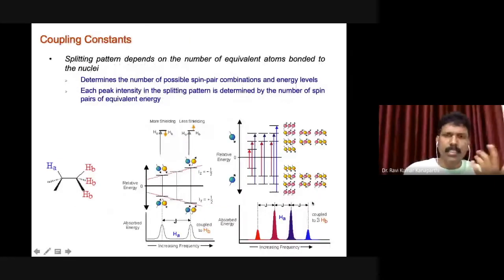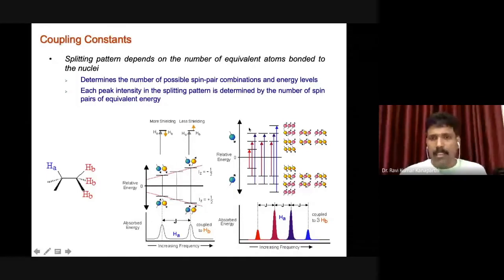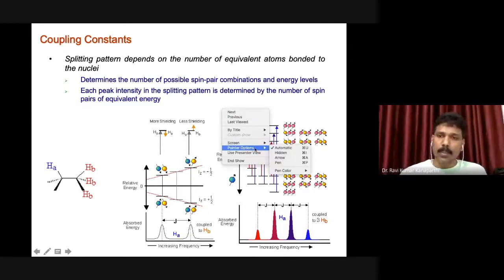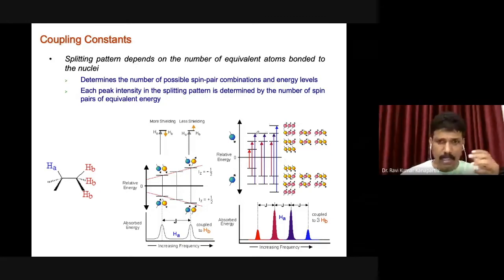This is just to understand how these things are actually happening, how the spins are getting split. For the case of two nuclei which have half spin, I already gave the explanation. There is another one. Suppose you have three nuclei in the vicinity. How do the different spin energy levels arise, and how do the transitions happen? If you want to understand, this particular diagram will be very helpful.